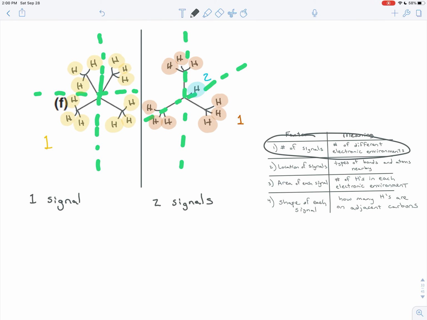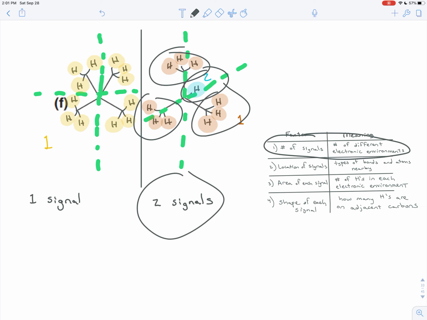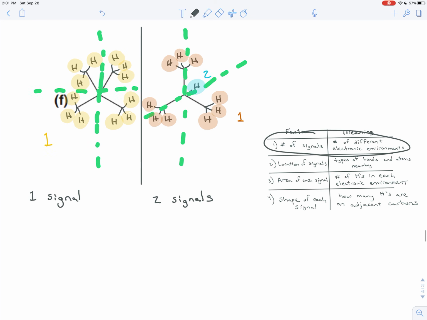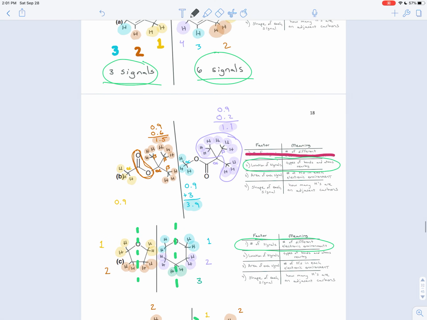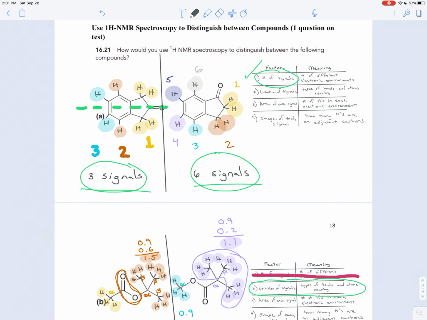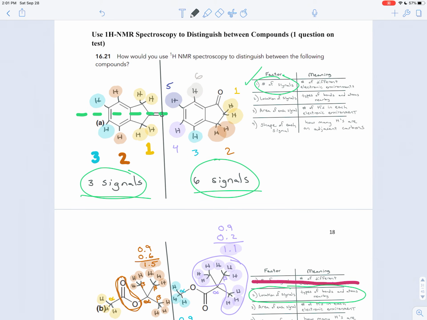You'd want to show the planes of symmetry and label the different electronic environments and the number of signals in each of the molecules. And once you have those labeled, you would just say, you can tell the molecules apart because they would have different numbers of signals in the NMR spectrum. So that's how you can use NMR to tell molecules apart. If you have the molecule you're interested in narrowed down already, and you know it's one of a few different things, you can use NMR to tell pretty quickly, without doing too much complicated analysis, which of the molecules you're interested in, your real